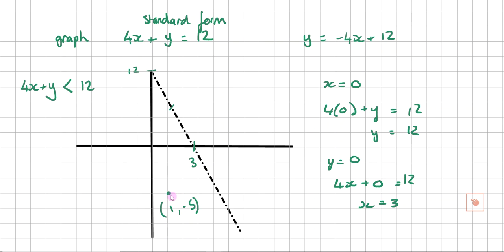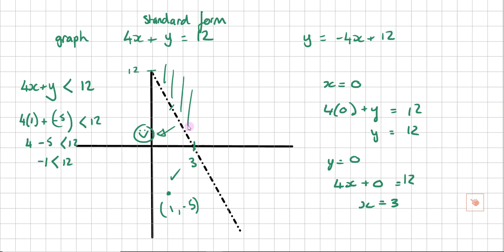So we check, is this a point I'm allowed or is this a point I'm not allowed? So I would put this in and say 4 lots of 1 plus negative 5 should be less than 12. And if it is, that's the region I'm allowed. So I've got 4 minus 5 should be less than 12, so negative 1 should be less than 12. So yes, this side is the bit I'm keeping. So what we did was actually we shaded the bit I don't want. And I would put an R in the region that